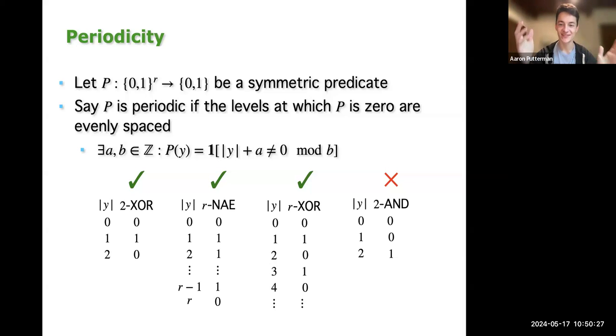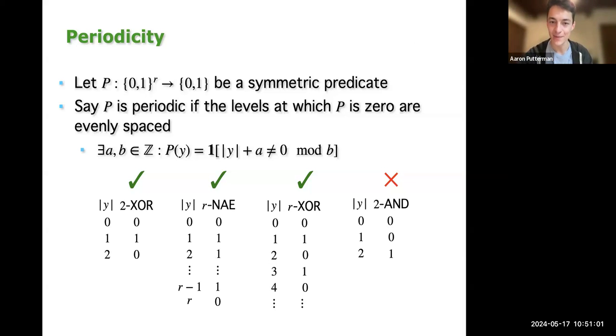And okay, so what's not periodic? What's not periodic is something like this 2 AND function. Here we're 0 at the 0th level and the 1st level, and this would establish the period. The period would have to be 1 in this setting. But somehow we're getting a violation here because the period is 1, but then when we go from level 1 to level 2, all of a sudden it's going from a 0 to a 1. The predicate is satisfied at the 2nd level, even though it's unsatisfied at the 0th level and the 1st level. So it's a slightly weird definition, but it's essentially just measuring